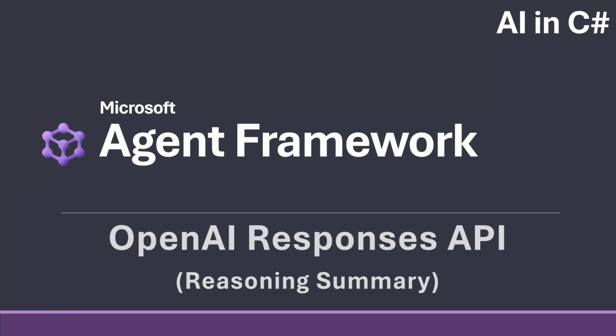Today we're going to dive into the OpenAI Responses API and more specifically the reasoning summary. Because whenever you use a reasoning model, you normally see that it thinks for a while. Sometimes it will show what it's thinking, other times not. Then it comes up with an answer, and you can scroll in and see what it actually thought about during the reasoning part of it. This video will show you how you get that information out using the API.